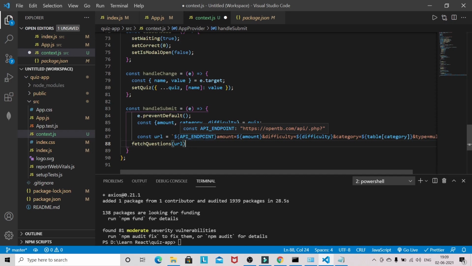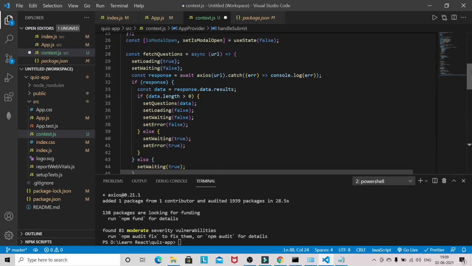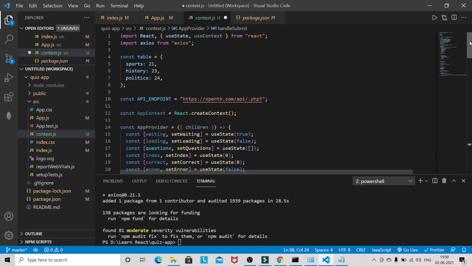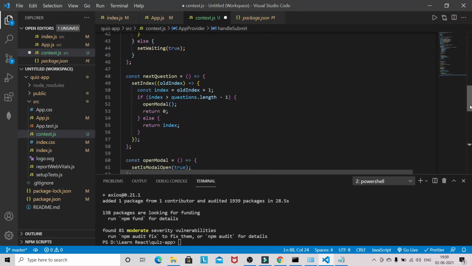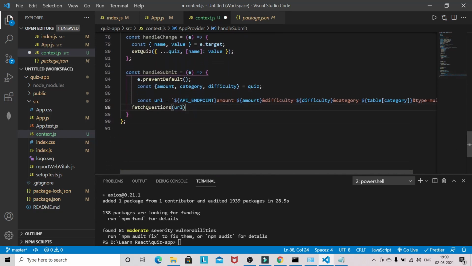For the endpoint we are passing amount, difficulty and category. For the category we cannot directly pass sports, history or politics, so we have to pass the corresponding category code. For sports the category code is 21, for history 23 and for politics 24. For difficulty we can pass easy, medium or hard, so there is no issue on that part.